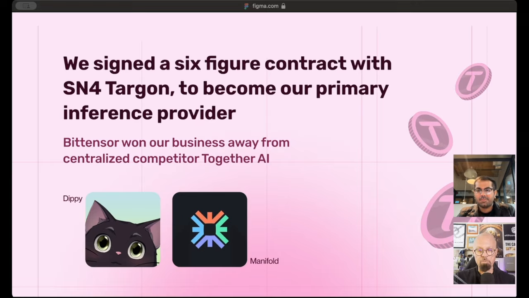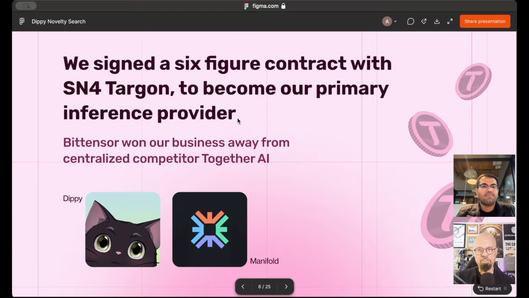But they were just a better product. It wasn't like a BitTensor religious issue, where you're like, oh, I'm going to use another subnet because BitTensor. It was like, no, it was just the practical choice. Exactly. And so I ended up becoming pretty confident about Targon, and we signed like a 6-figure annual contract with them, and we continue to use them for the foreseeable future.